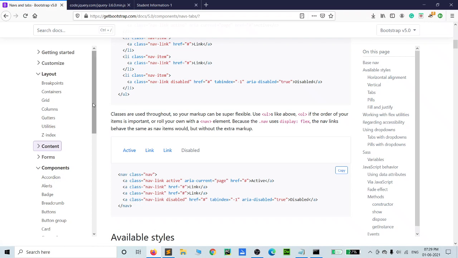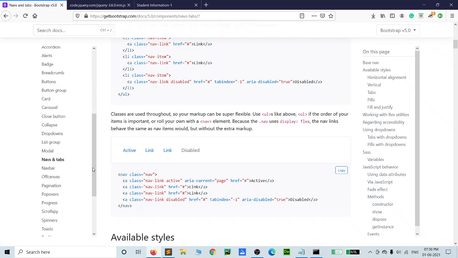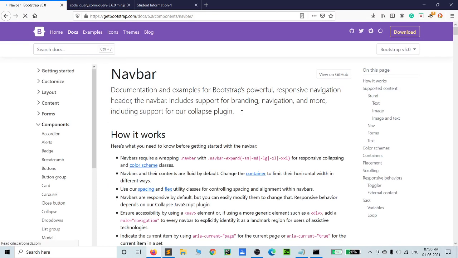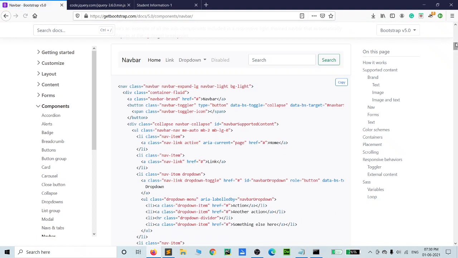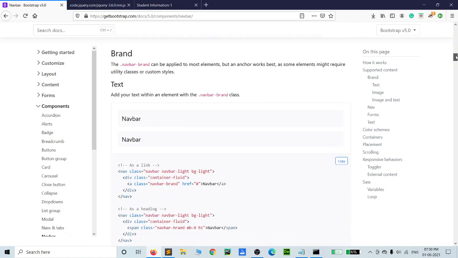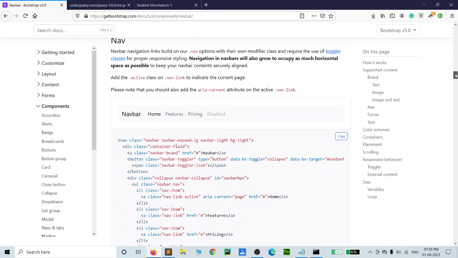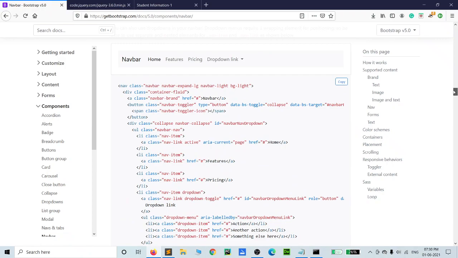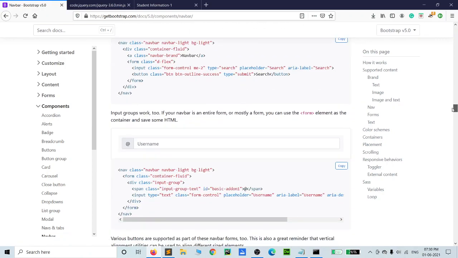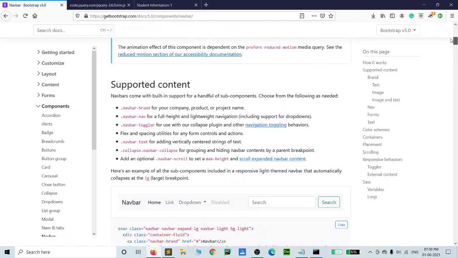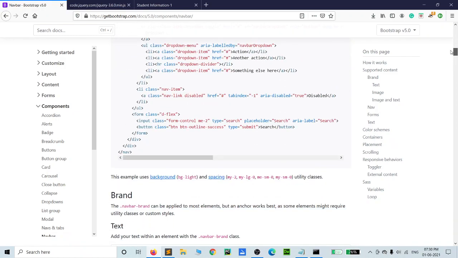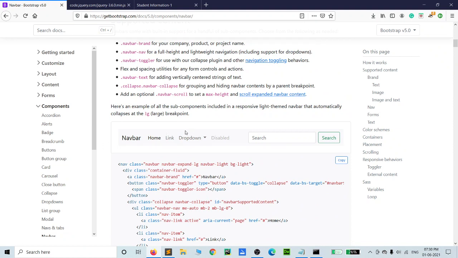It's a navigation, here is the navbar. So if you want this kind of navigation in your website or in your pages, you can add it. Okay, so I want what kind of navigation bar like that. Basically we can add this one, this is basically your navigation bar. I can copy it into my coding here.